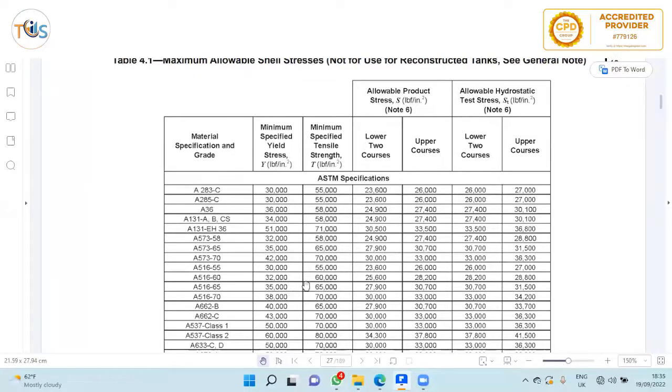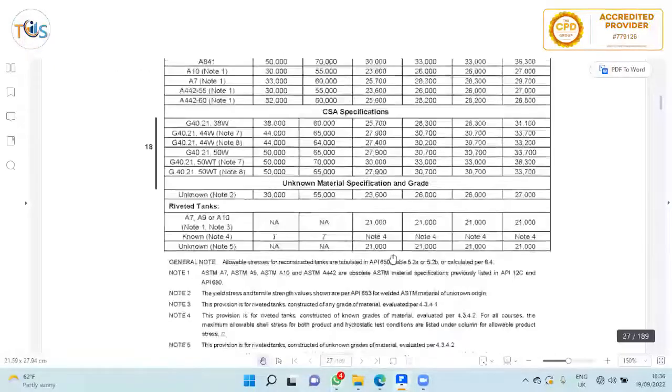A516-60. It tells you the minimum yield strength and tensile strength, 30,000 and 55,000, and the allowable product stress is 23,600 for the first two courses, and then 26,000 for upper courses. And hydro test is 26,000 and 27,000 for lower two courses and upper courses. So this is a table. Once you select the material, they tell you what the material is. You find the maximum allowable stress from here. Okay. And then we have,